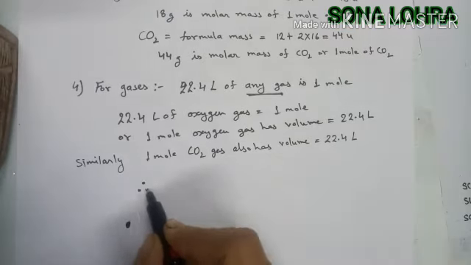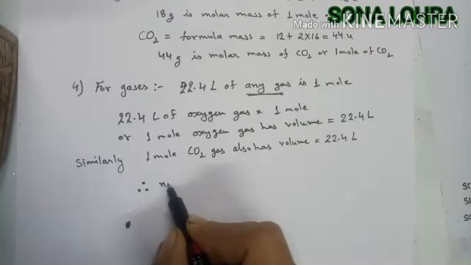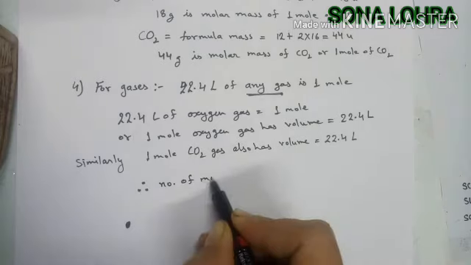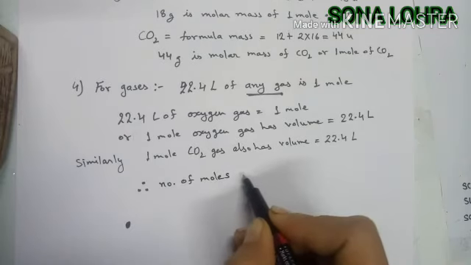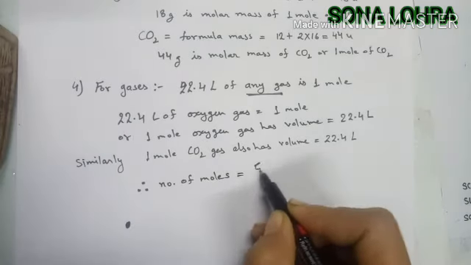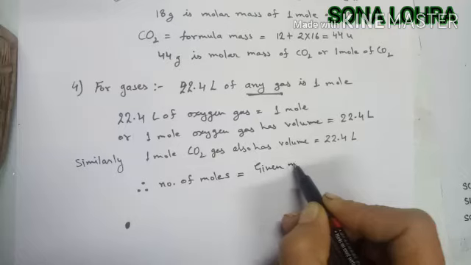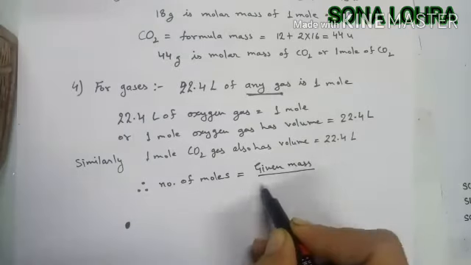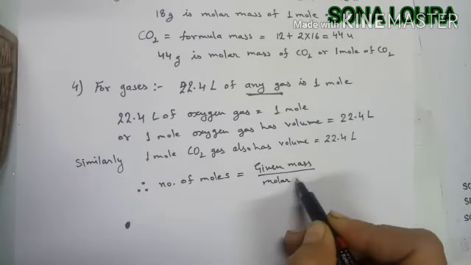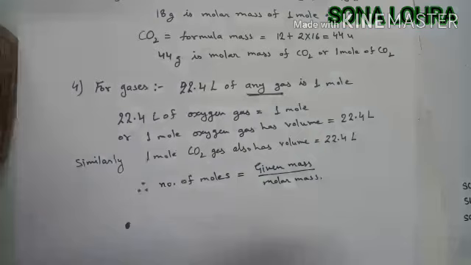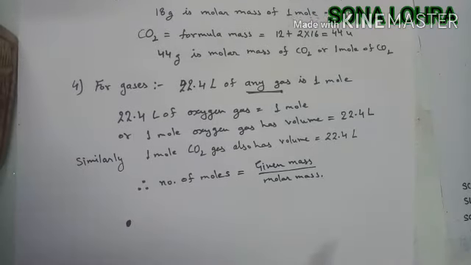Now if you want to calculate the number of moles of any substance, we can use the formula: number of moles is equal to the given mass upon molar mass for that substance. For example,